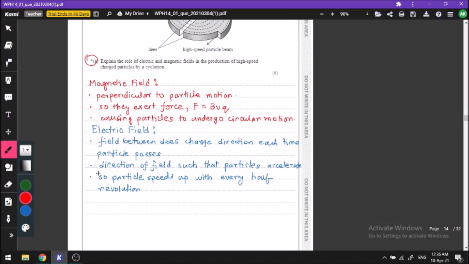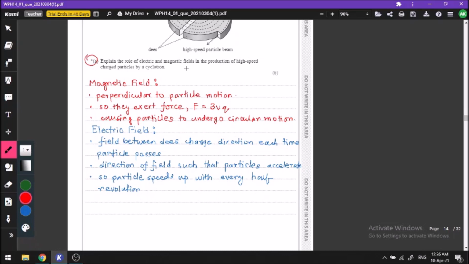So I've written here 6 points. I haven't written anything more. So these are my answers. The magnetic field: how does the magnetic field help in producing those fast particles? You see, the particles have to rotate, revolve, right, in the cyclotron. So the magnetic field actually